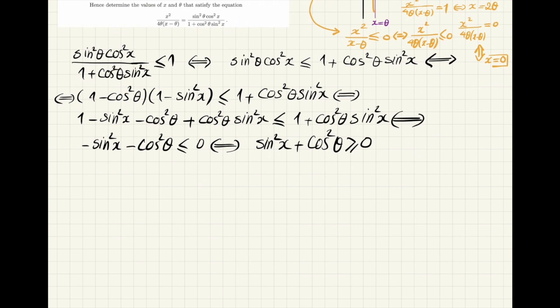Let me change my color. So I put a star here. I would say that star happens if and only if both of them are equal to 1. Let me write first 0: either both of them are equal to 0,